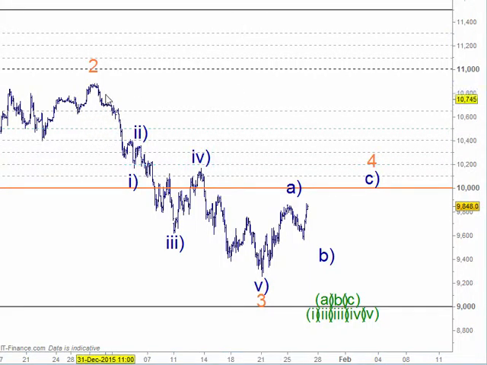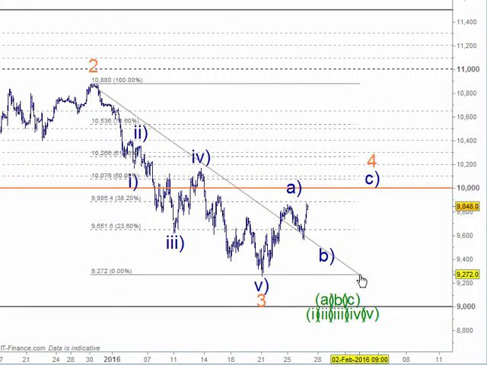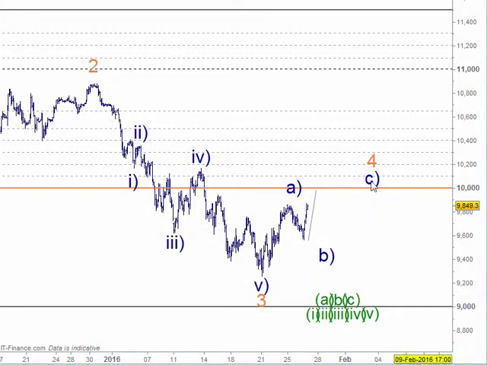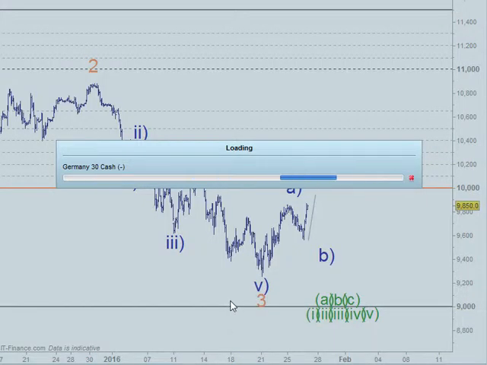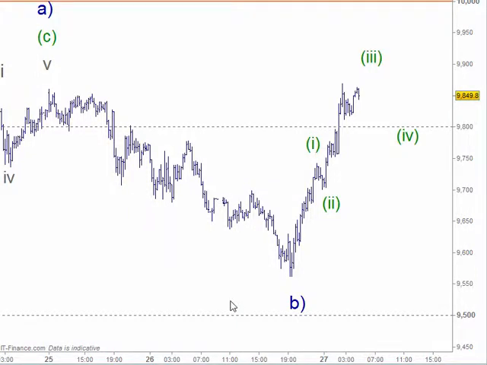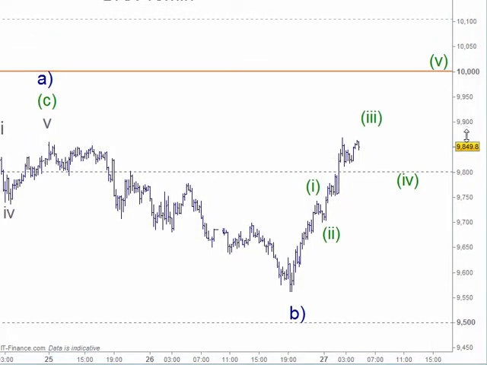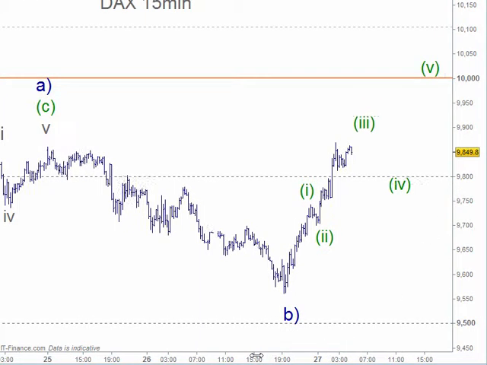The 38.2 retracement level is probably lower here. Yeah, it is actually. But I can still see that this little leg coming up here still has 5 waves to go in here. I'm a little bit unsure how to count this here, taking into consideration the US markets as well. So let's look at this on the 15-minute chart here, and obviously this market is going to be pulled very close to the 10,000 mark here.